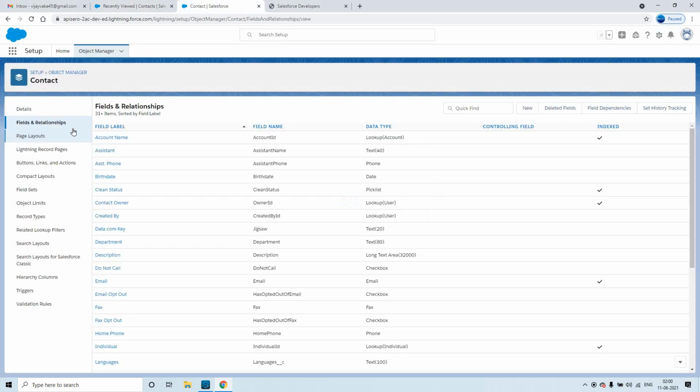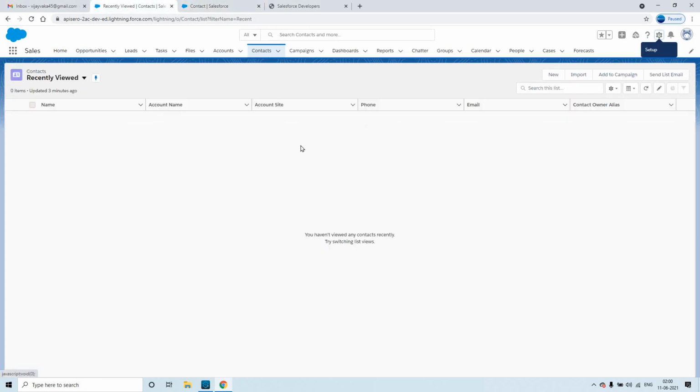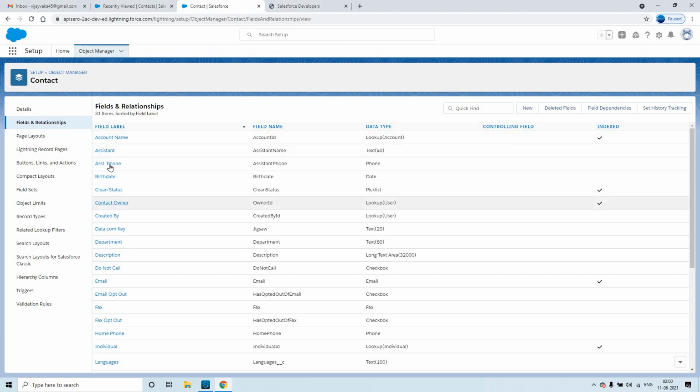Go to fields and relationships. Inside this is whatever this object can hold. For example, if you take a database and table, the table here is like an object. Within this table we'll have different columns, which here we will call fields.